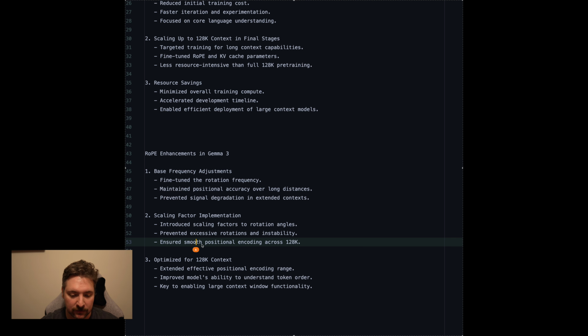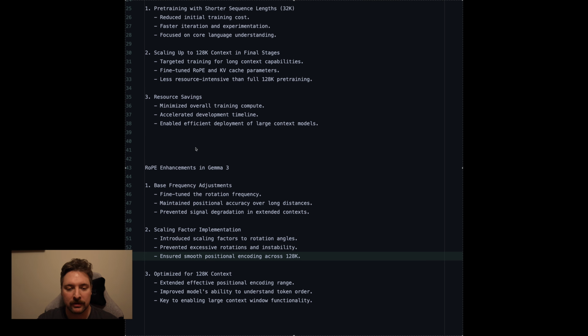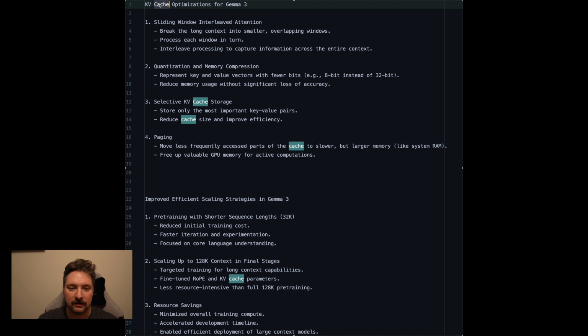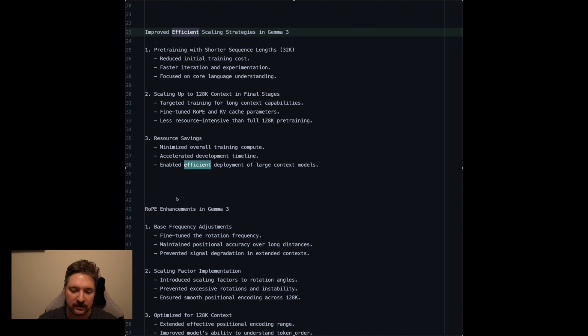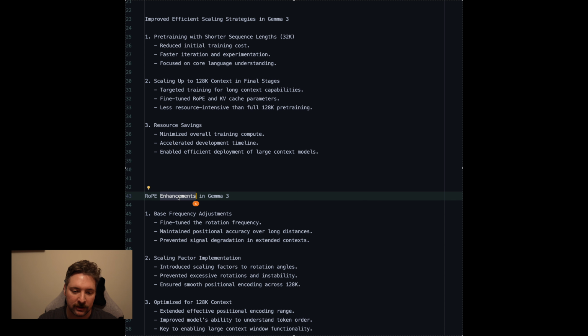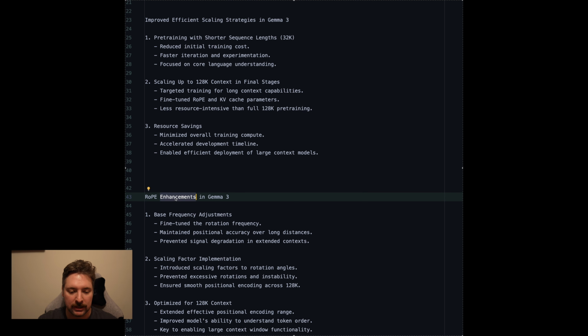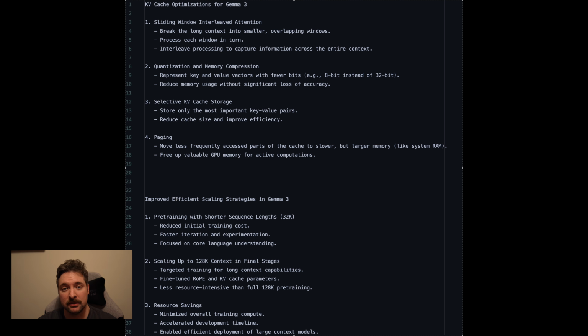Okay, and then you have optimized for 120K context. Yes, you're going to want to optimize everything for the context size that you have. But by doing these 3 major things here, key value cache optimization, using scaling when you're doing your training and pre-training, and then finally doing rotary positional embeddings, so your vector embeddings don't get too out of whack, they're able to increase the context size. So that answers that question. If you want to know why didn't they do it from the beginning in Gemma 2, well, they weren't able to do it without these optimizations they put in for Gemma 3.